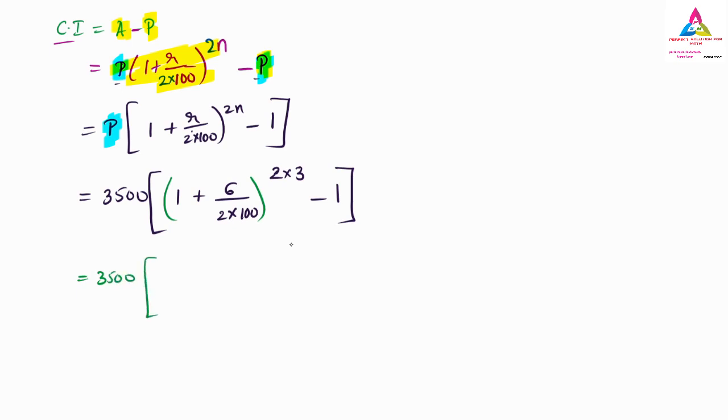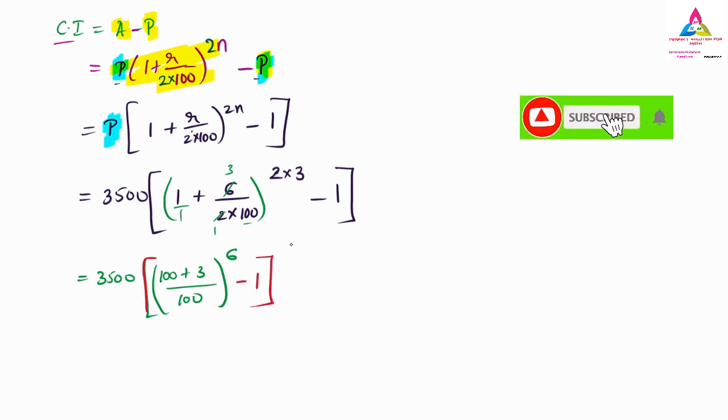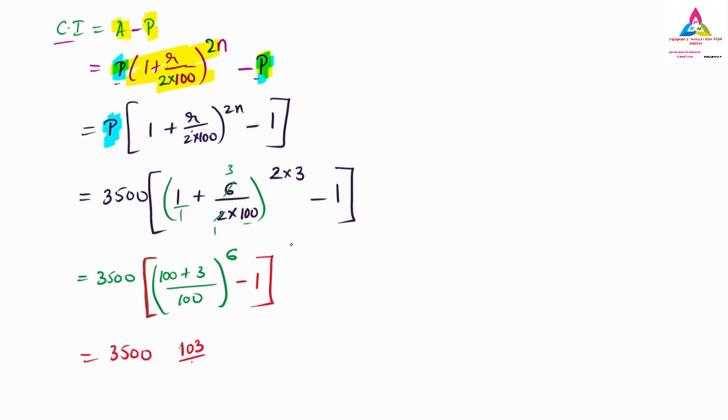then we have the bracket, and here you can see 2 ones are 2, 2 threes are 6. So taking the LCM, it will become 100 as the LCM, because down we have 100. So 100 is the LCM, and above it will come 100 plus 3. So I will put a small bracket here, raised to the power we have multiplied, 2 threes are 6, and here we have minus 1. So the whole bracket I will put here. So next is nothing but 3500, and here 100 plus 3 is 103, divided by 100 we have got, raised to 6, minus 1, and we have to put the bracket.